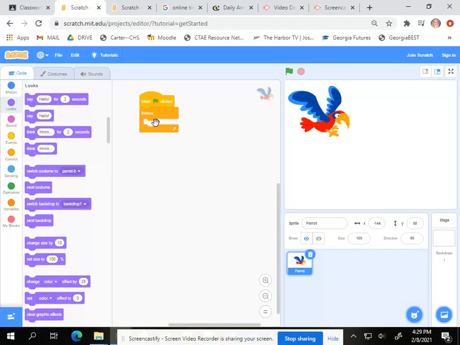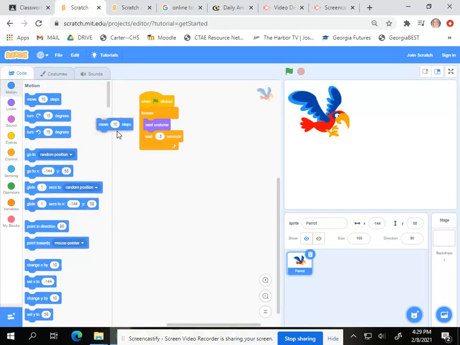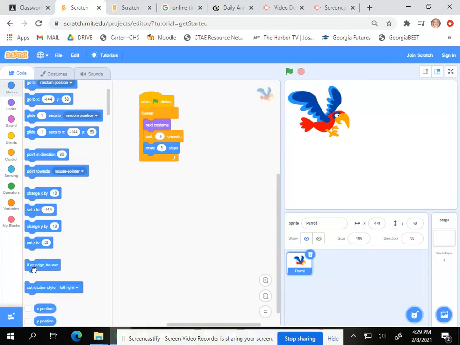And then we want it to wait 0.5 seconds. And then we're going to have it move 5 steps. And then if it's on the edge, we want it to bounce. All right, so if I click the flag,